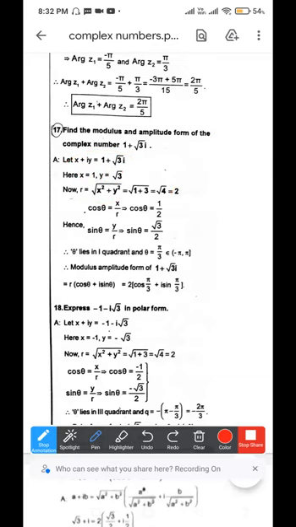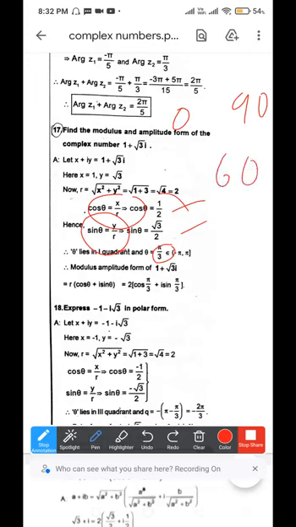Now what is cos theta? Cos theta is x by r. Sin theta is equal to y by r. Substitute and get the values. Theta lies in which quadrant now? Theta lies in the first quadrant, right? Because the values are positive. We have seen from 0 to 90, right? What is the value of theta? Pi by 3. What is pi by 3? 180 by 3 is nothing but 60. Theta is 60.